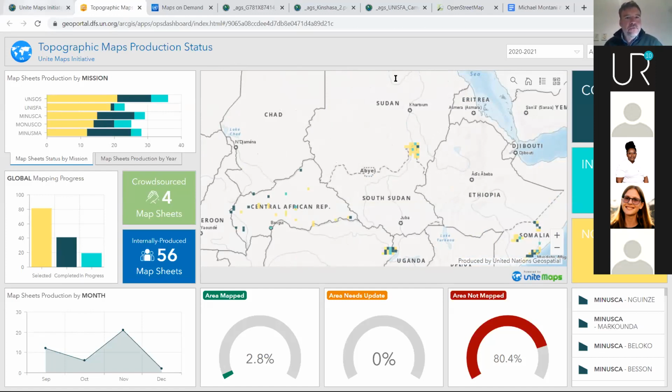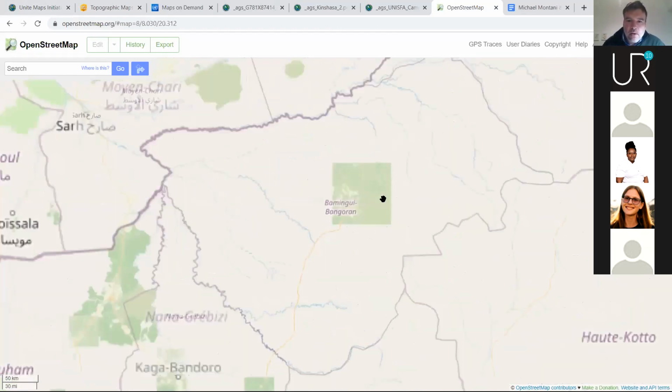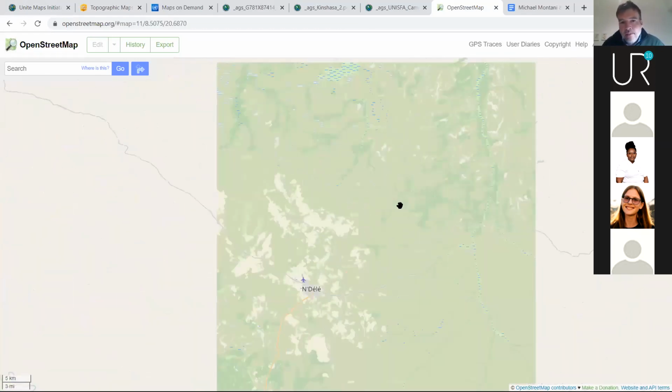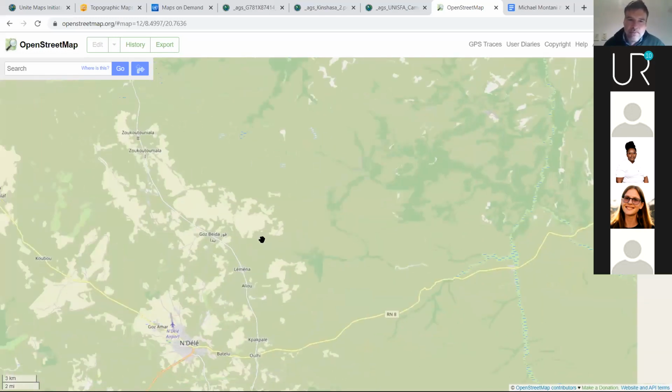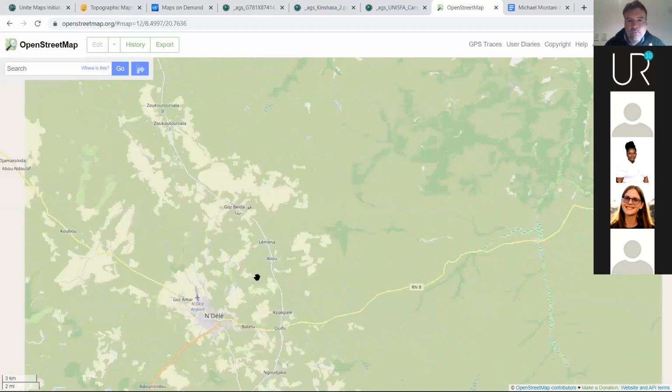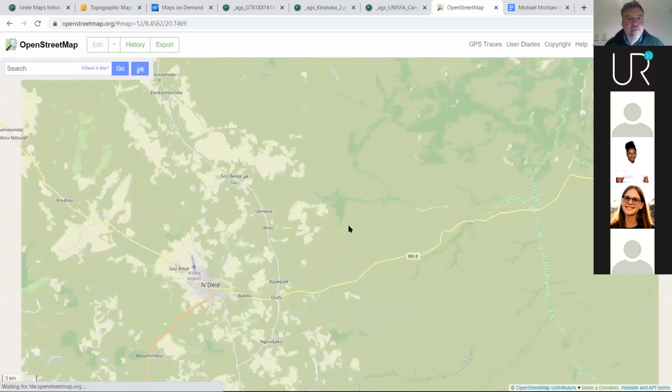in OpenStreetMap, we are creating this data based on specific guidelines and also working with the community. And as you can see here, we are creating, editing, and mapping data covering all aspects of the terrain, from building footprints, roads, rivers, and land use and land cover. That's the most important thing.